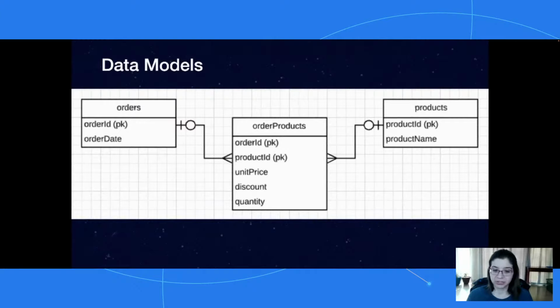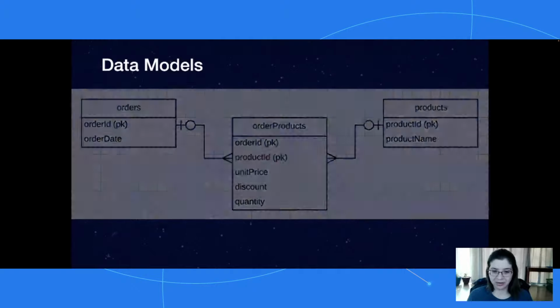And then we also are storing unit price, discount, and quantity. Basically these are our invoice items. These are our line items on our order. So it tells us what price they got this item for on this order, if they got any discount, and how many they ordered. So that's the relational model. Mostly pretty standard, nothing really fancy or complicated, hopefully.